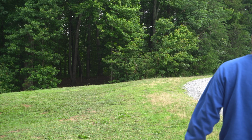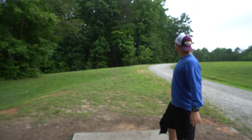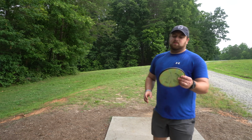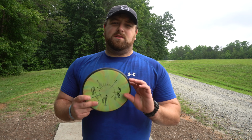Sneaky gap. It's perfect. That's where Dylan always aims. Yeah, that is where I always go. I actually hit it that time. Hey, good job. So here's the thing about this disc that I'm learning: low speed flies very differently than